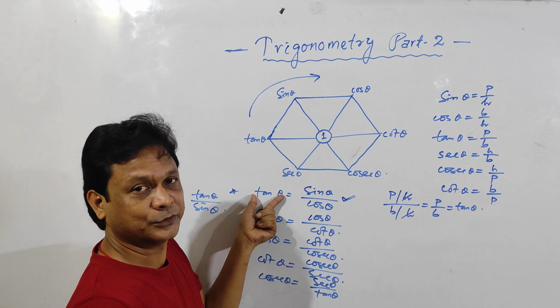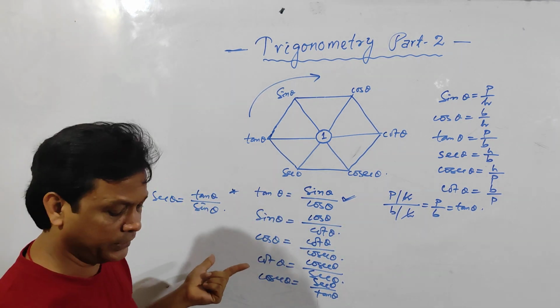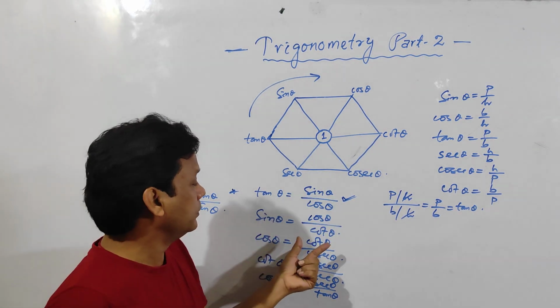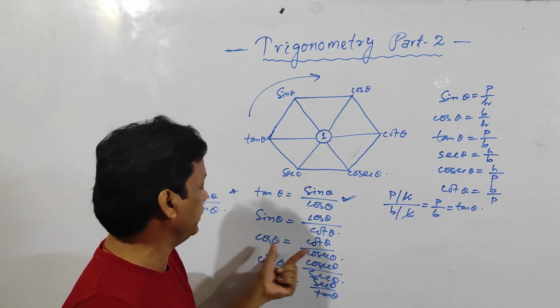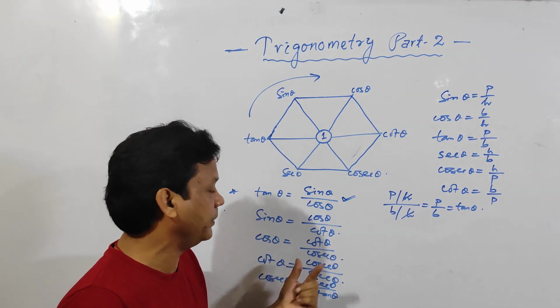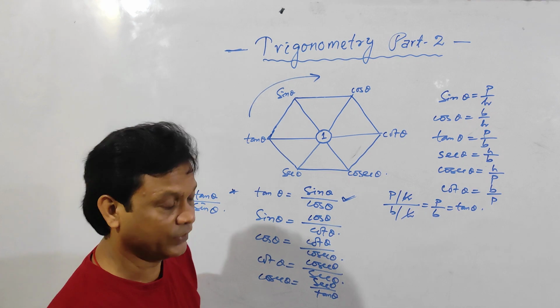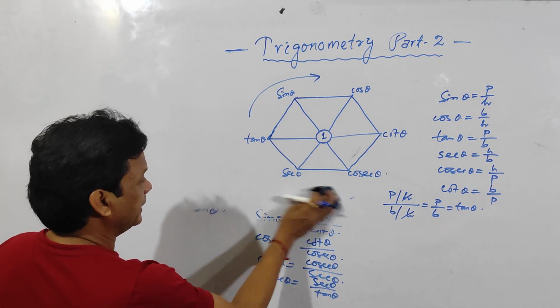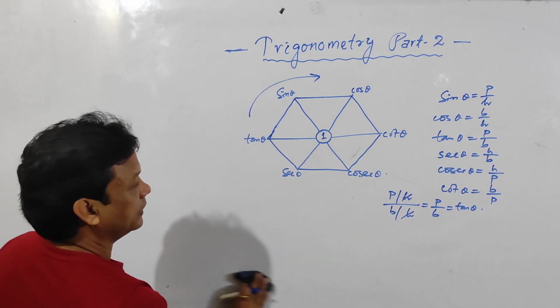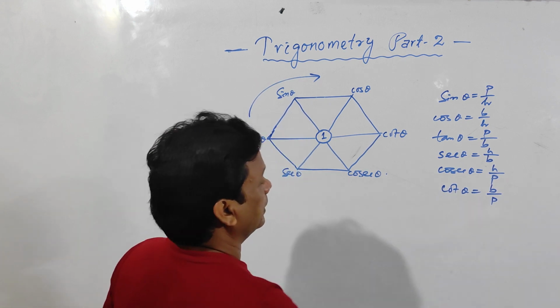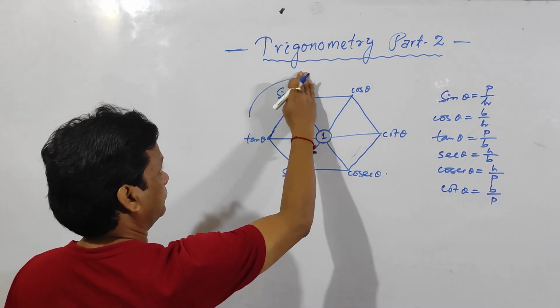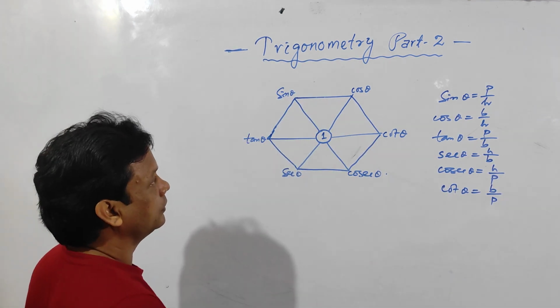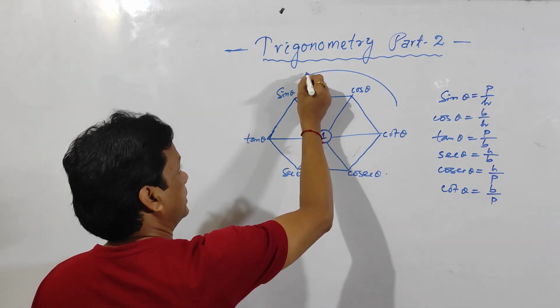Clear? So these are very important formulas, because if sin theta, cos theta, or cosec theta will be given, how to find out cos theta? Simply divide cos theta by cosec theta. Okay. Now we have got already 6 formulas. Let us see another 6 formulas. Now take it in the anti-clockwise direction.